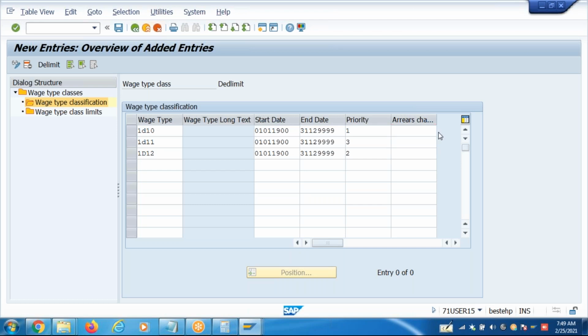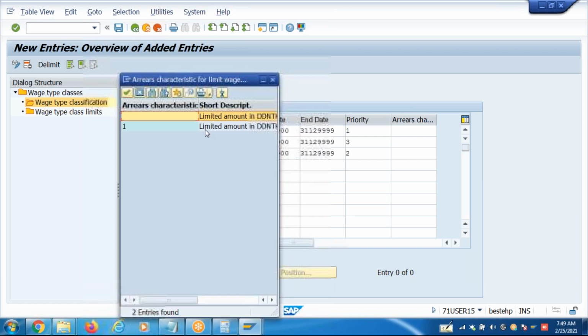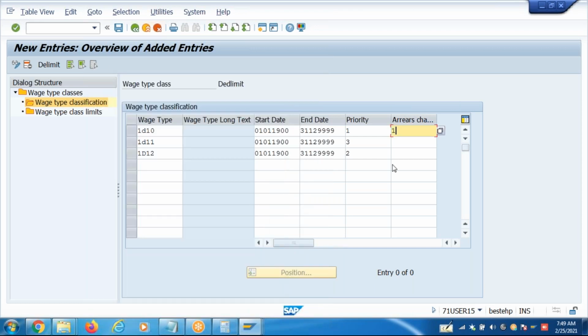But if you maintain 1, it is stored in DDNTK plus arrays, so that the reduced amount is recovered in the next month. By which function are these reduced amounts recovered using the same base types?